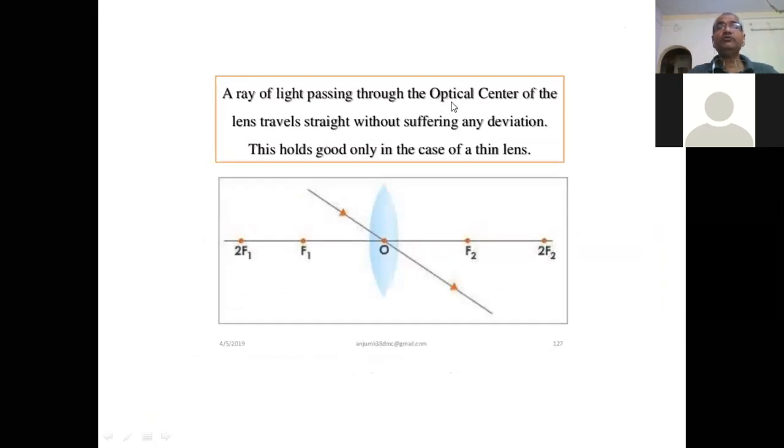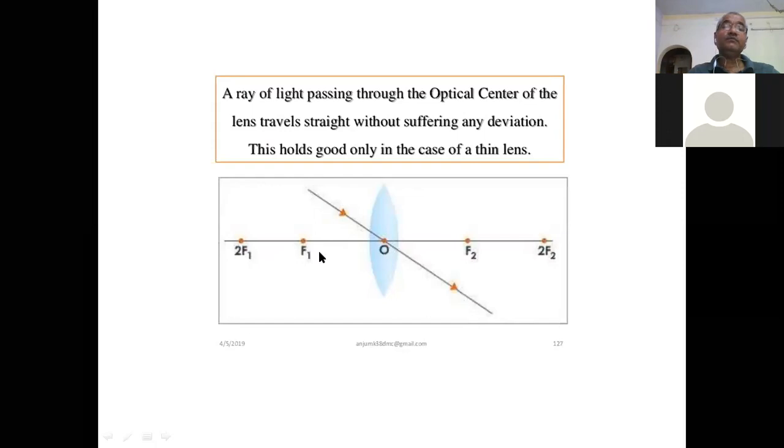The ray of light passing through the optical center of the lens travels straight without suffering any deviation. So this is the incident ray which passes from the center of the lens. So it is undeviated. म्हणजे कुठलाही लाईट त्या लेन्सच्या सेंटर मधून जेव्हा जाईल त्यावेळेला त्याच्यामध्ये कुठलाही डायरेक्शन मध्ये चेंज होणार